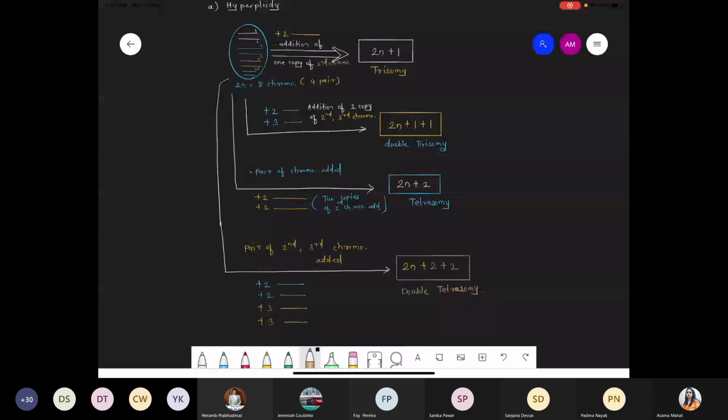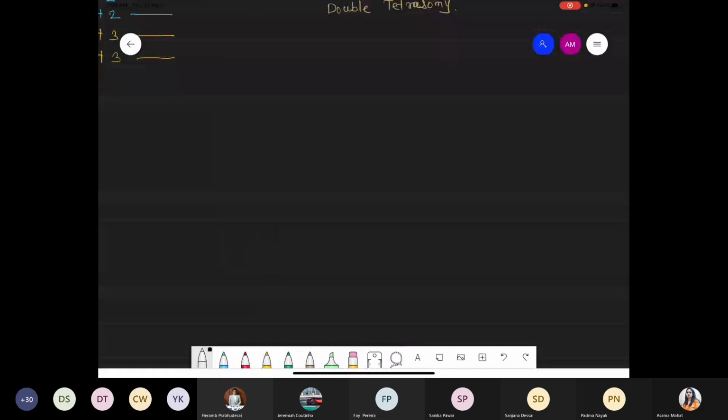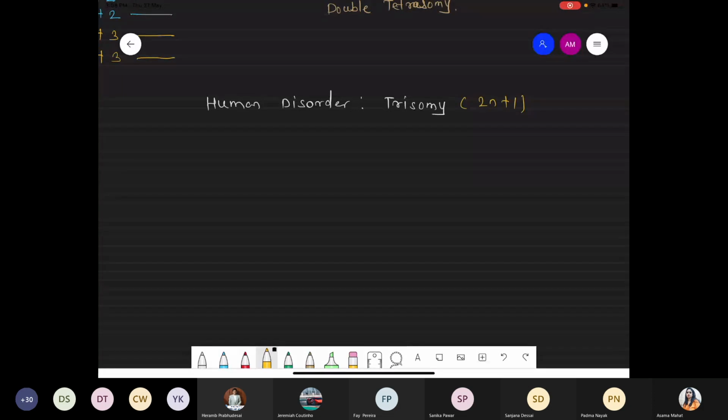Okay, Sanika, chalo. So write down examples for trisomy. We are talking about some human disorders actually, some human disorders with respect to trisomy. And what is the meaning of trisomy? That is 2n plus 1. How it is created, we'll see quickly. Once we complete hypoploidy, we'll talk about how that addition or deletion of chromosomes is possible. Because there is a faulty process during meiosis, there is no equal segregation of chromosomes. Due to that, such addition or deletion phenomena will occur. So we'll see that part later.